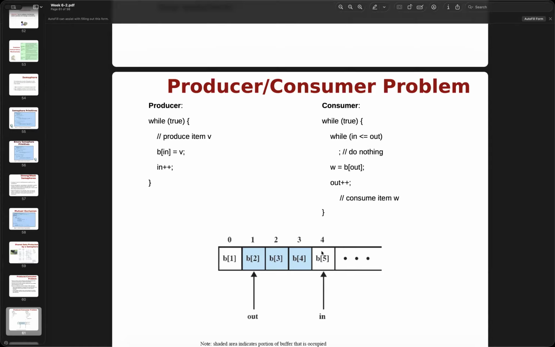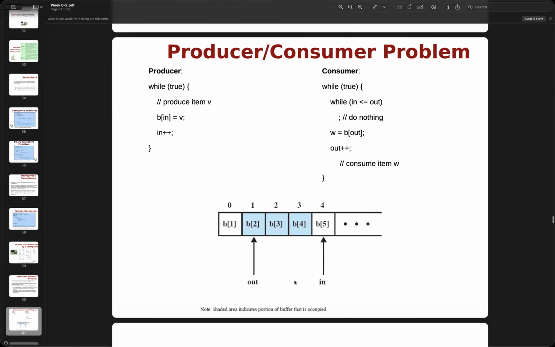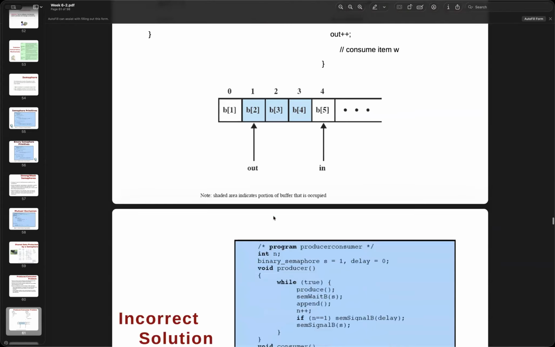So that's why we're checking, make sure. Okay, so if we have a condition like less than or equal to out, then it will stop. Okay, here's the situation. But when it hits equal, then it will stop. So mainly this is a condition checking, and then we consume item W. So right here, it's a producer.